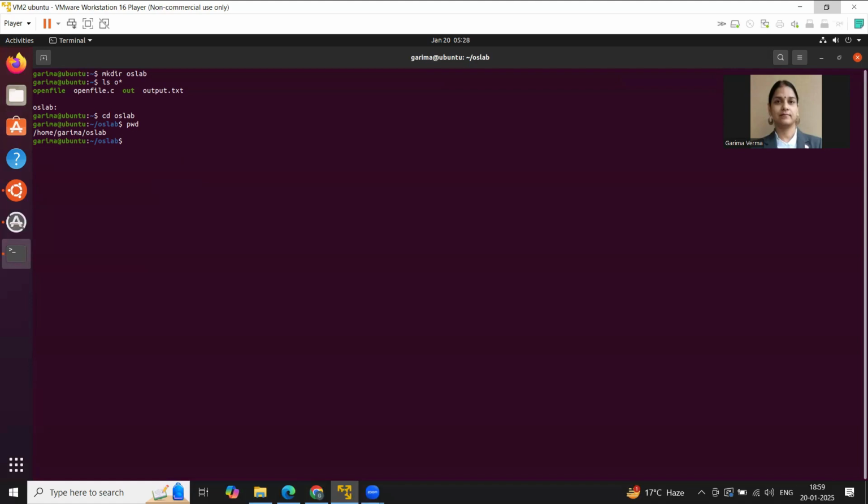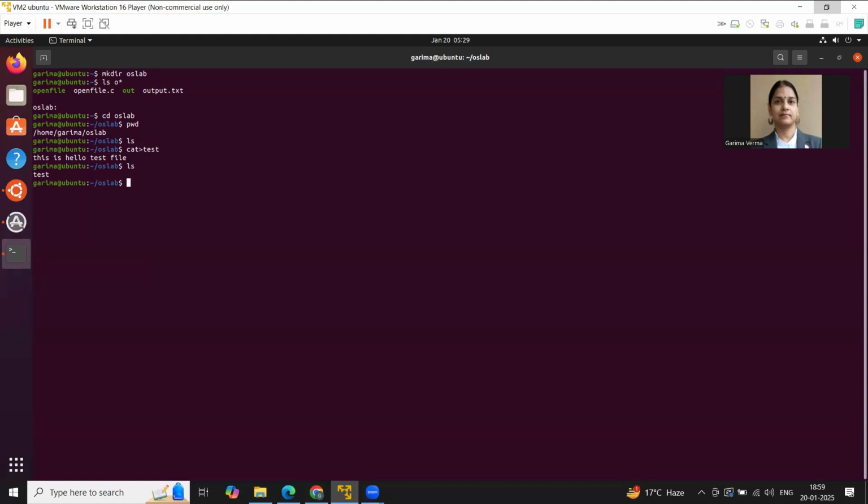So right now I'm working in OS lab and it is a blank directory. I have given the ls command. There is no file or directory created inside this directory, right? So I will create a text file. For that, I will give the cat command. Then I will apply the greater than sign. And suppose I have given the file name as test. You will come to the next line. Now type whatever you want to type inside the file. Click enter and press Ctrl D. This will save your file. So Ctrl D we are using to save the contents of the file.